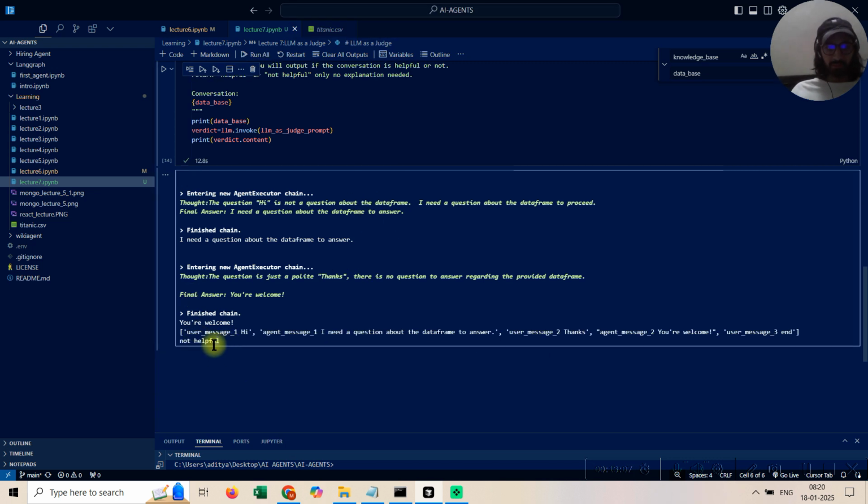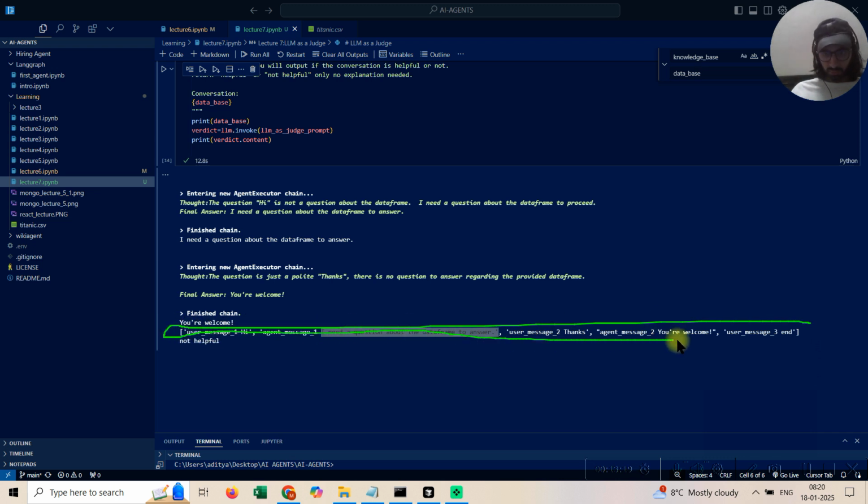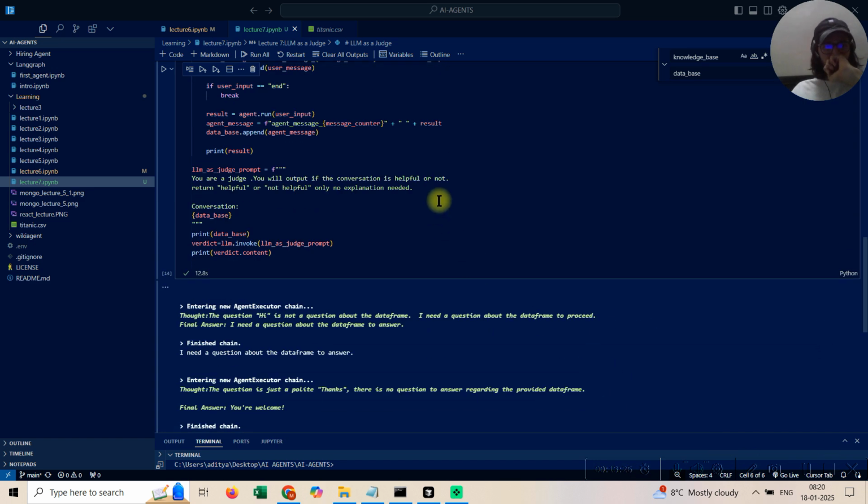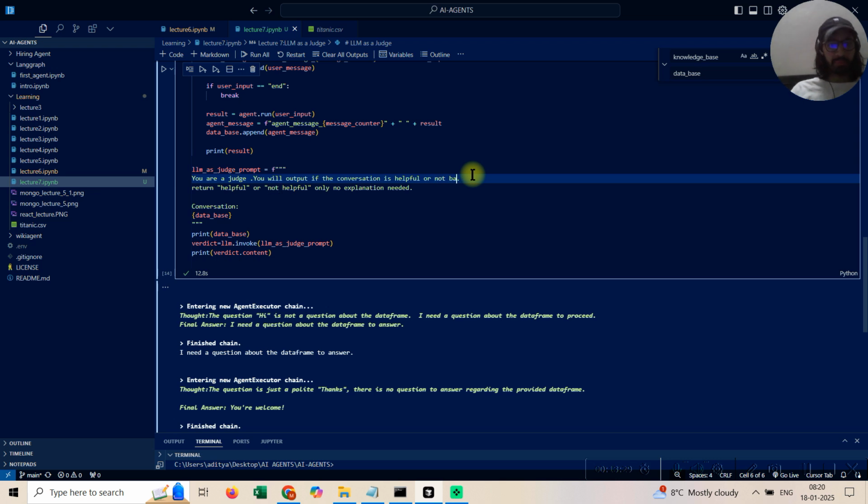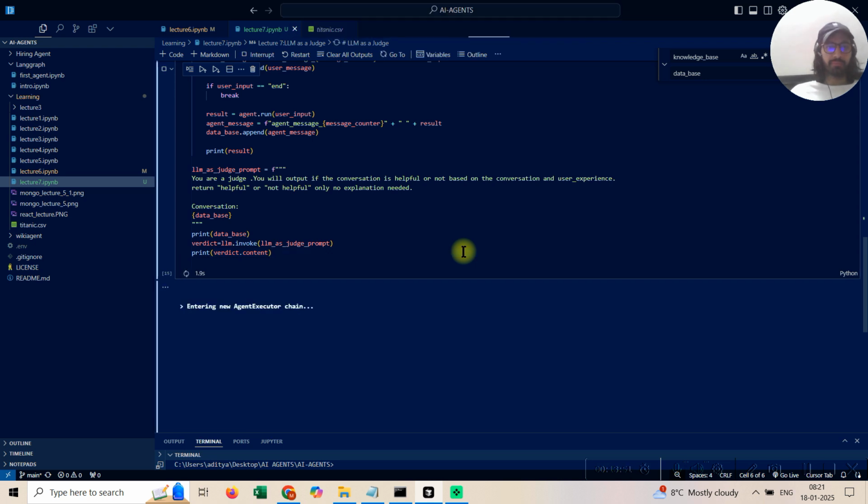So here the LLM is giving not helpful, because your agent message responded, I need a question about the data frame, thanks and you're welcome. So it sort of thought that the user is not specifically very happy with the conversation. But let's just try to change the prompt based on the conversation and user experience. The spelling is not wrong, so user experience, yep. So let's just restart it, hi,